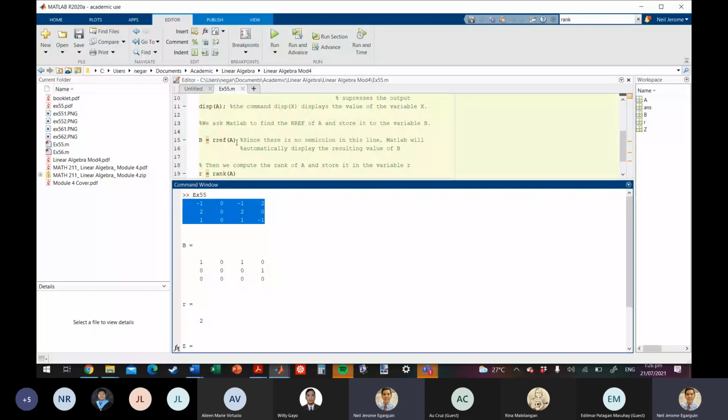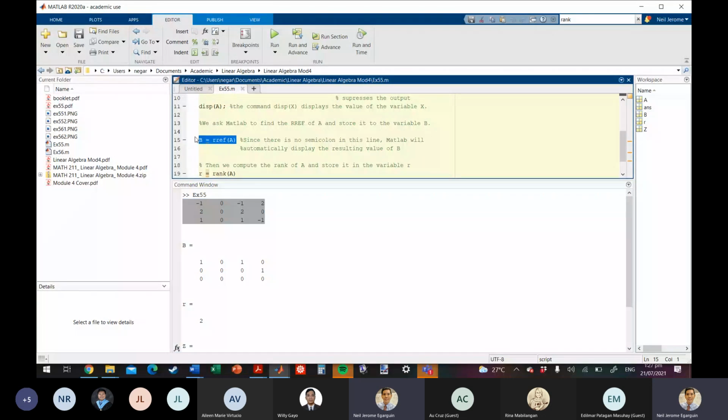I computed B, RREF. I notice sa line, walang semicolon. So that means MATLAB will display the result of that line. That line told MATLAB to compute the reduced row echelon form of A and put it in the variable B. So